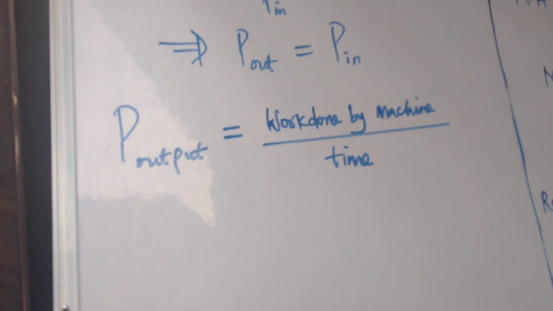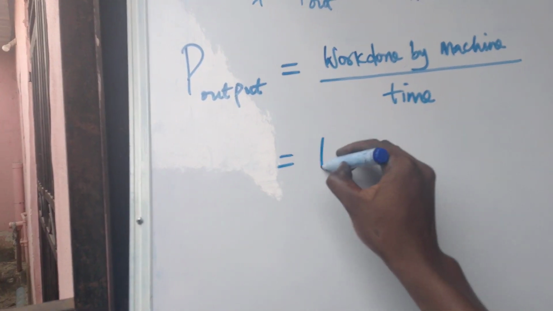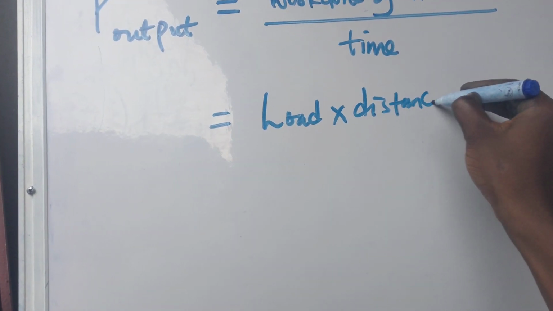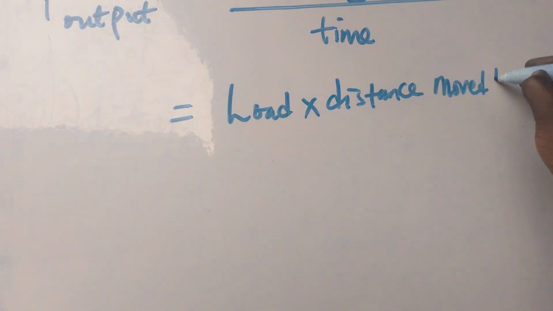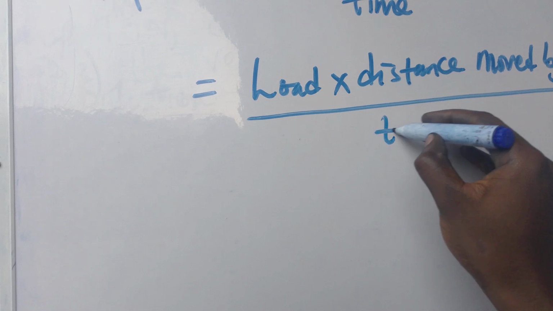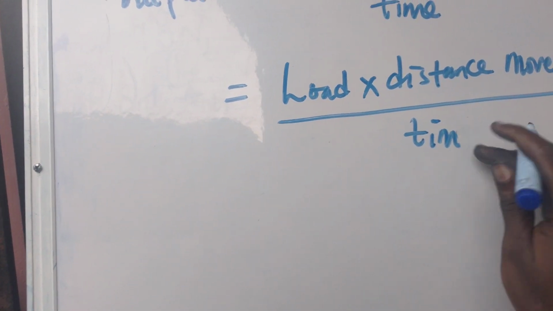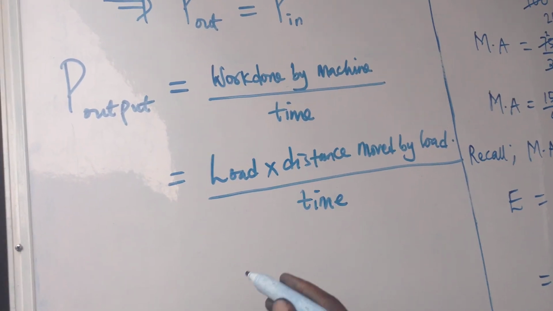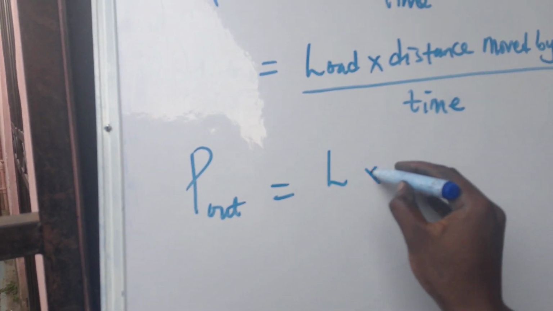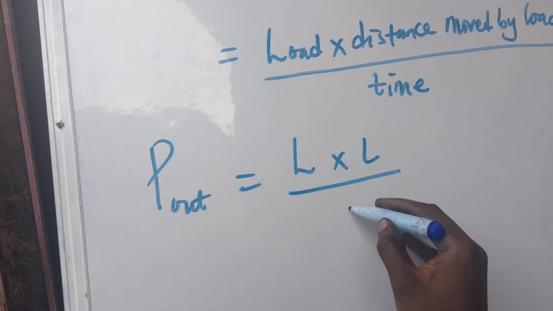Okay, and the work done by machine is equal to the load times distance moved by load, over time. All right, so my P output now will be equal to load times distance moved by load over my time